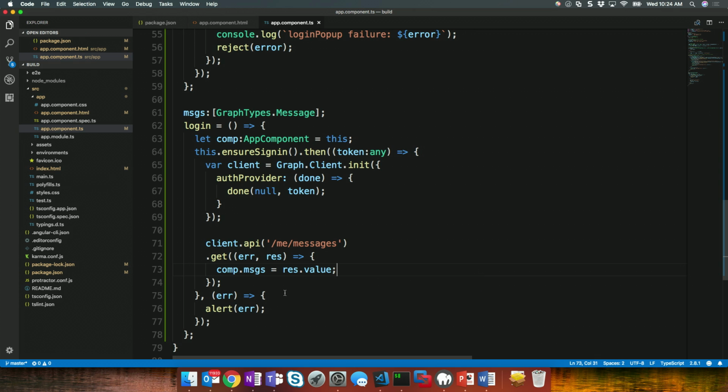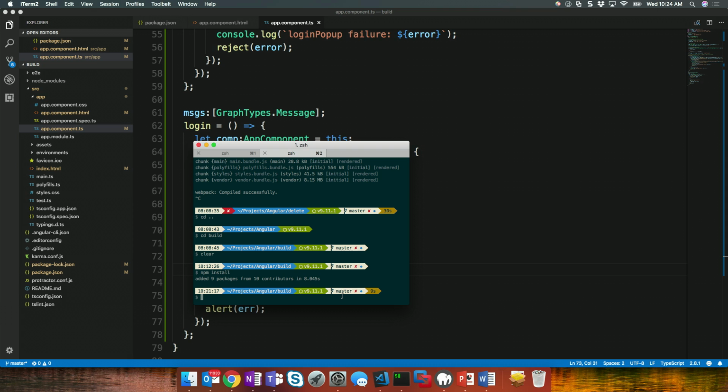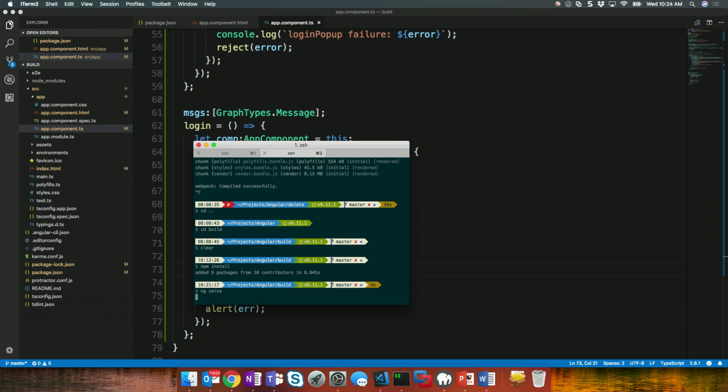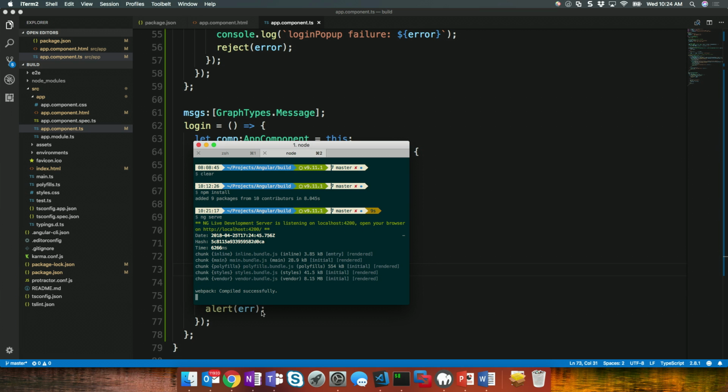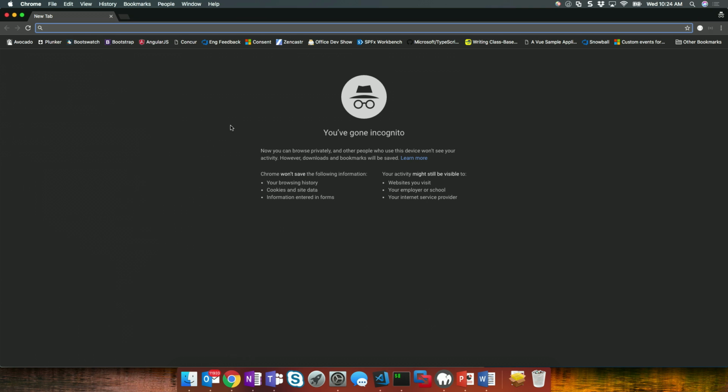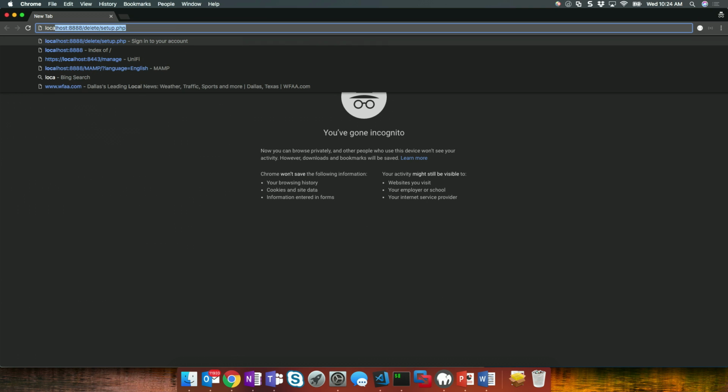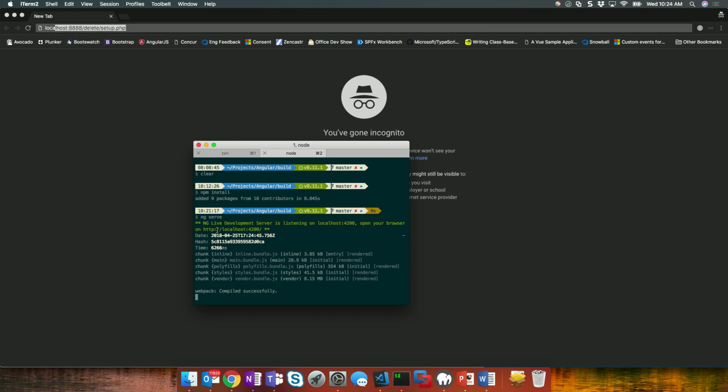All right, so let's see if we did everything right here. We'll go over to our console. Again, since this is Angular, I'll do an ng serve. And once this finishes compiling all of our TypeScript down to JavaScript, we should be able to pull this up in a browser and give it a go. So we'll do a, let's see what port it is. Looks like it's going to be 4200. So we'll just grab this, go back to our browser,